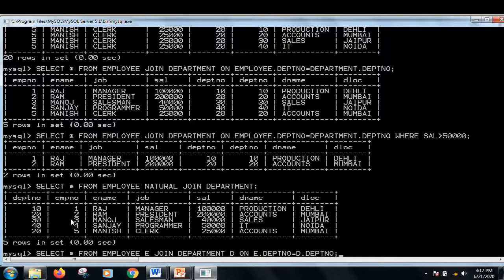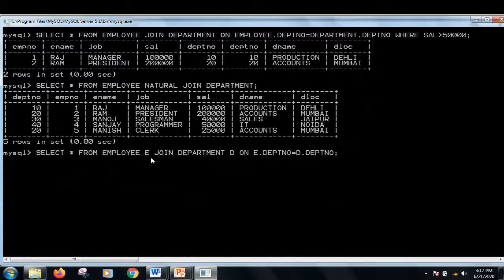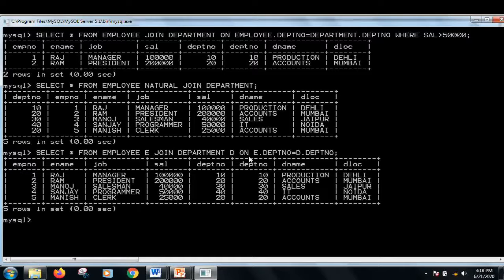What I am telling you is that you can also use the table aliases in the SQL query, and you can use them in your joining with the on clause. So this is about the join clause.